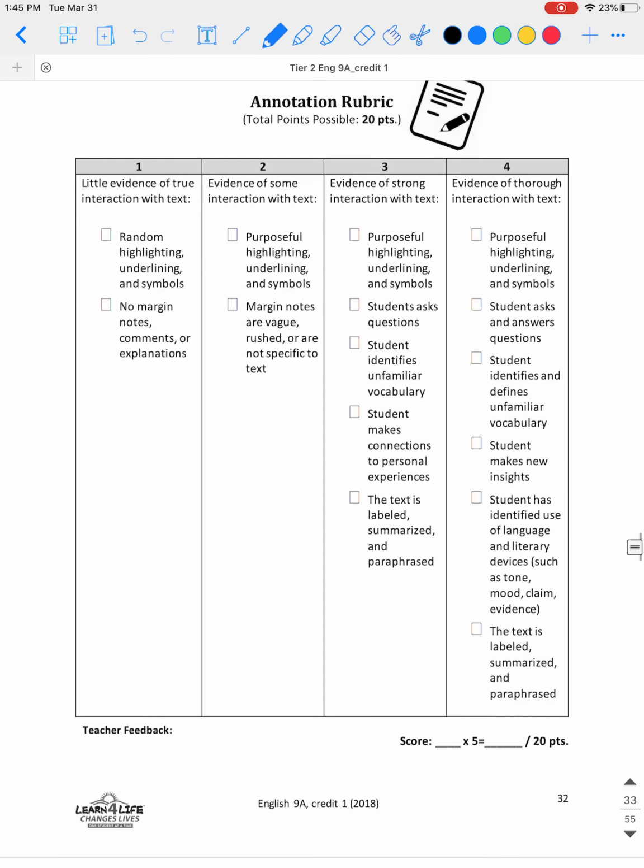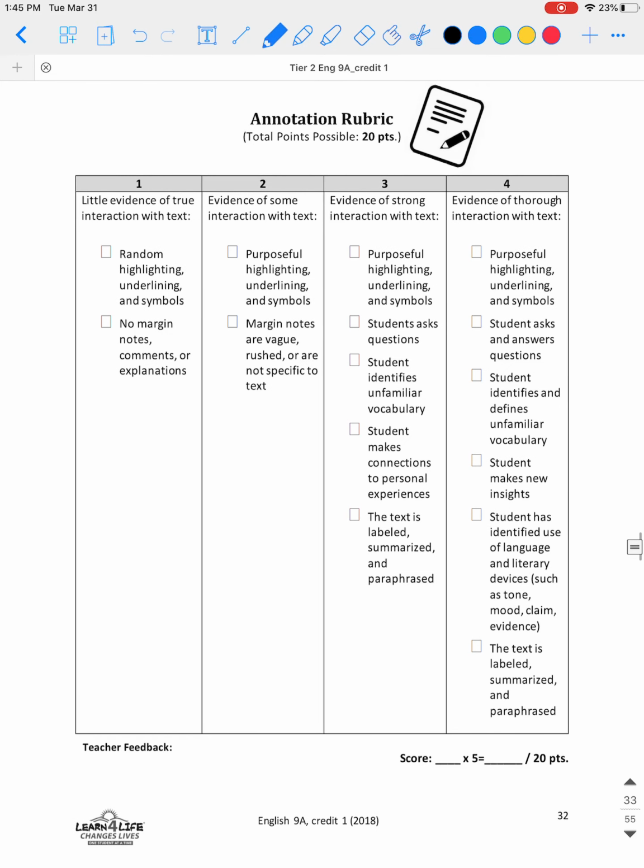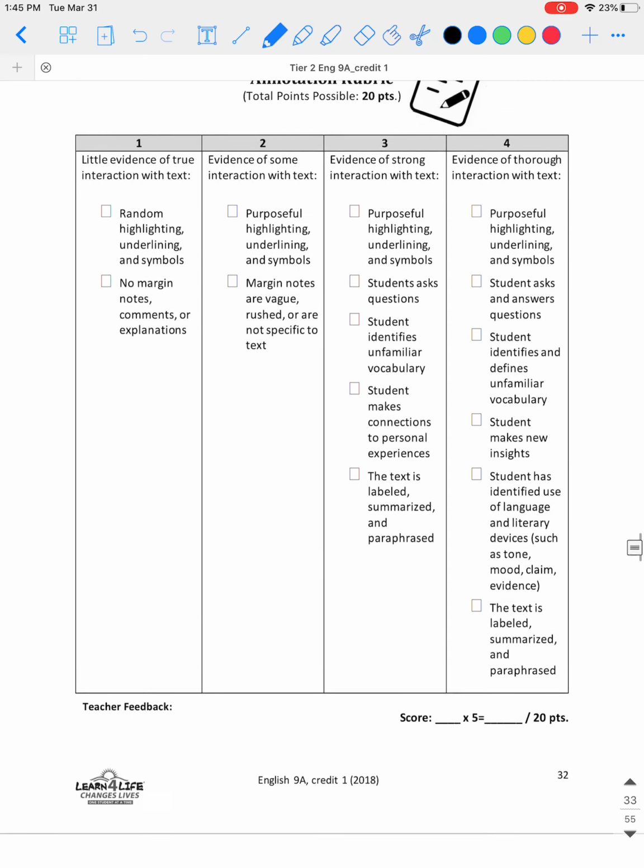And if you're looking at page 32, this is just for me to grade. So this is what I'm grading you based off of your notes. So please make sure you are taking notes, and that